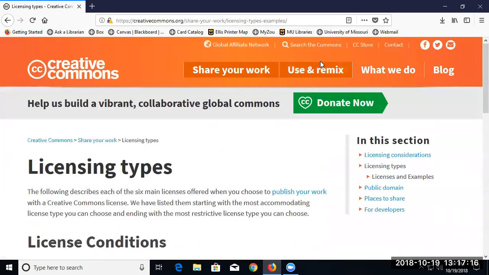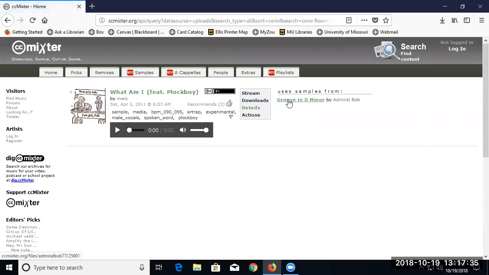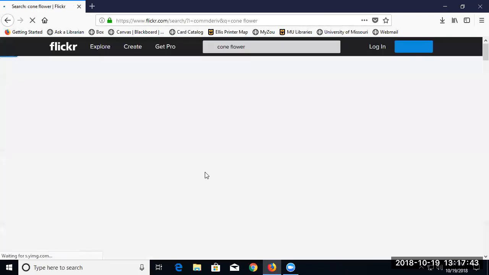And then what's nice is they've built this as a database. If people have registered with them to have one of these licenses, they've included it in this database. You can tick a box if you want to use something for a commercial purpose. You could search on this, like I'm looking for images of coneflowers, for example. There we go.